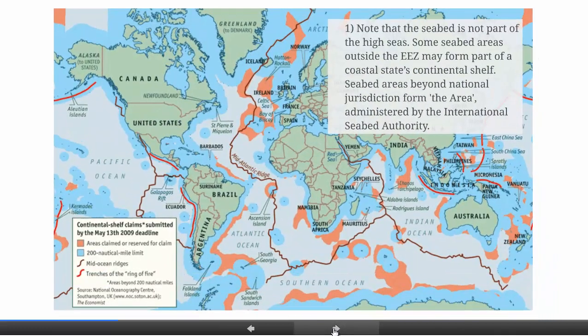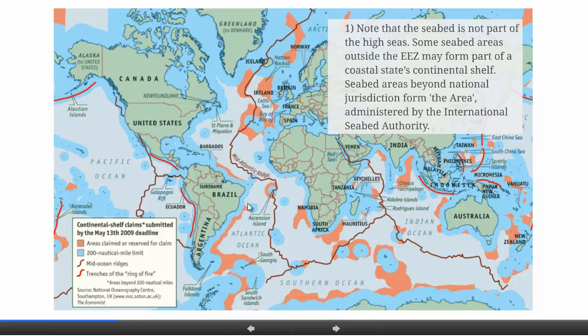So the first thing we should note is that the seabed under the high seas is not part of the high seas regime itself necessarily. Some seabed areas outside the exclusive economic zone may form part of a coastal state's continental shelf, and therefore the coastal state will have jurisdiction over those areas, or at least potentially it will, and those are shaded in orange